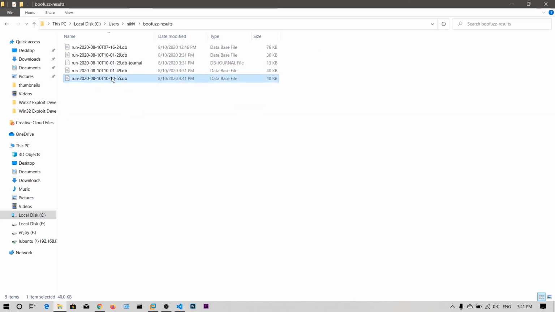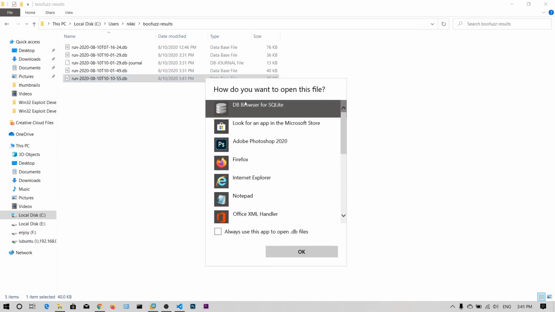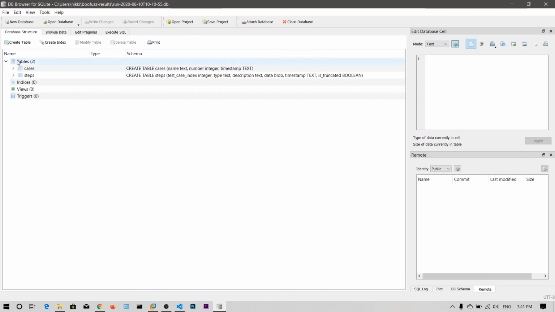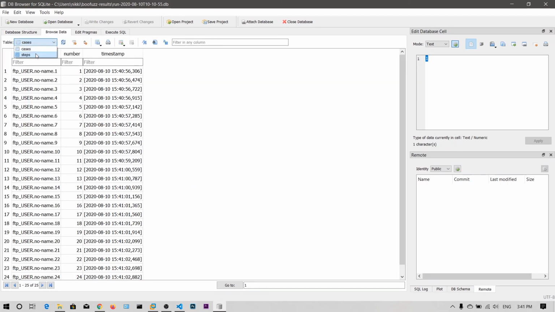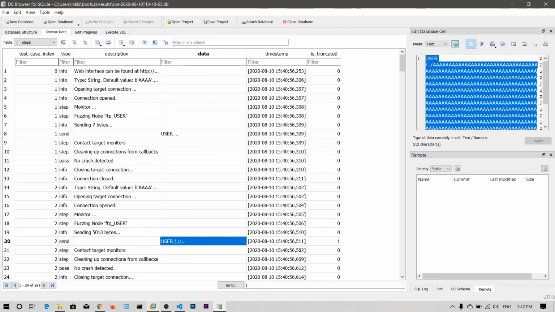According to the timestamp, it's the latest version. Now I'm going to open it with DB Browser, and I will choose always use this. Click on OK. Now go to browse data and steps. Now click on every one of the data and you see what data is being sent.